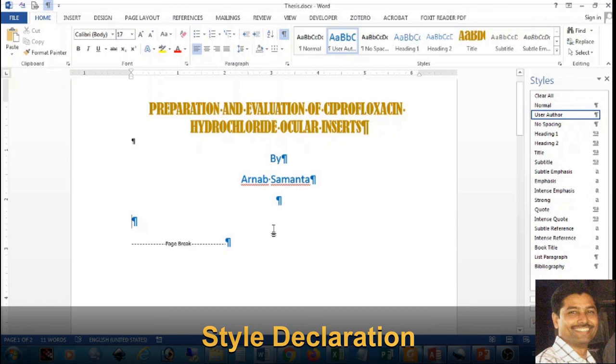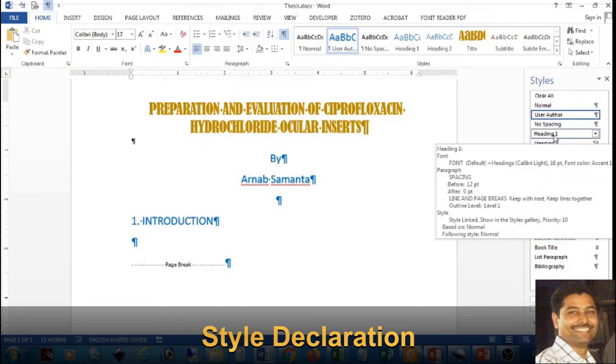A thesis may be arranged in several chapters. Under each chapter there are several headings, subheadings, and maybe much more subheadings under it. So in that case, we have to define those headings or the styles of those headings. Let us start, say chapter 1, and the heading is Introduction. Now this introduction will have a certain style. So that style is this one. By default, Word has given some style. Let us see what happens. Let us click on it.